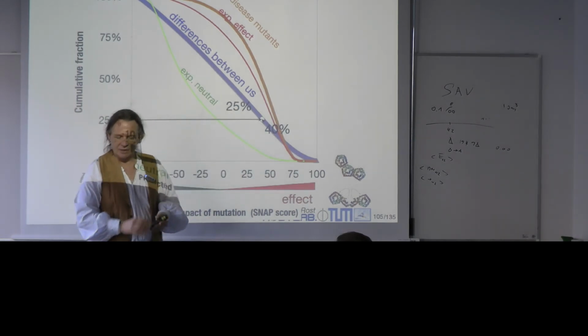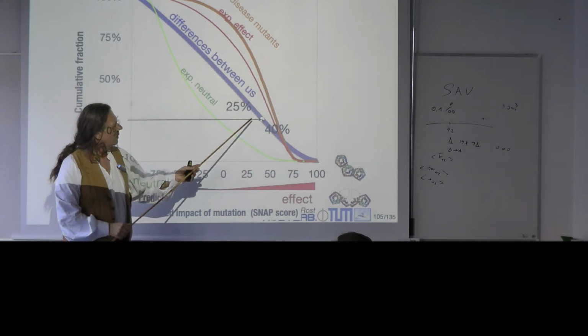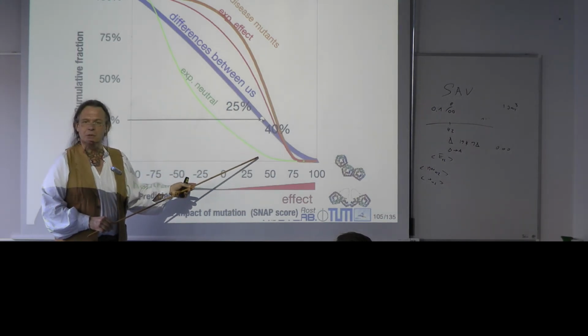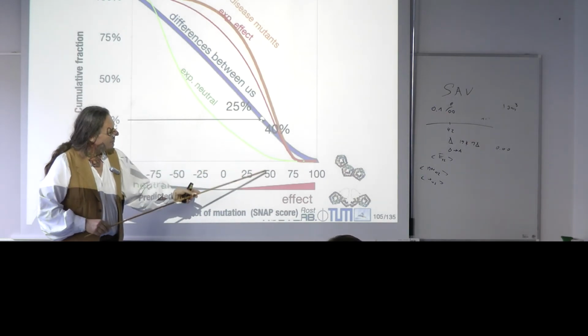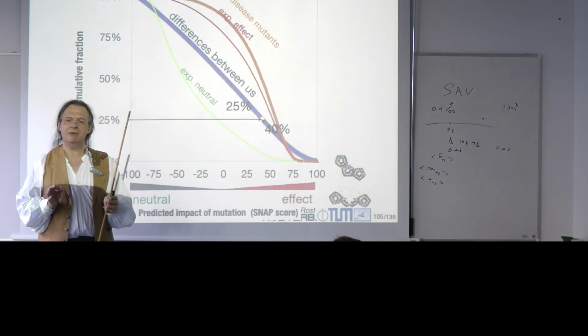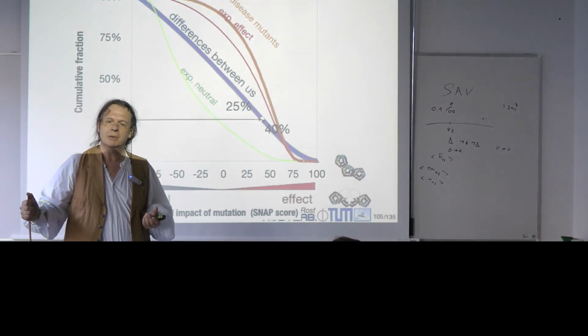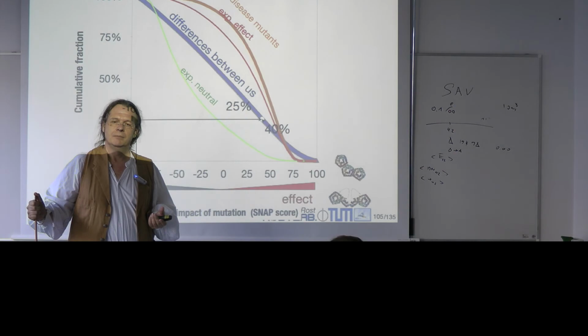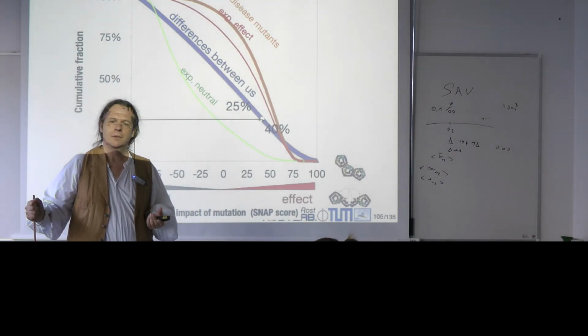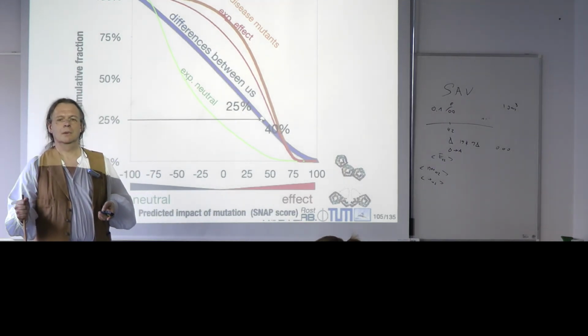25% of this variance between you and your neighbor, translating to 5,000 for you, 5,000 of the 20,000 variance to your neighbor, have an effect above 50. Predicted effect above 50. For us, an effect above 50 is a very strong effect upon molecular function. So 25% of all the variance between you and your neighbor is stronger. Take the variance with the highest effect, and that's the bottom right. And you take the one with the next highest effect, and you plot your points.